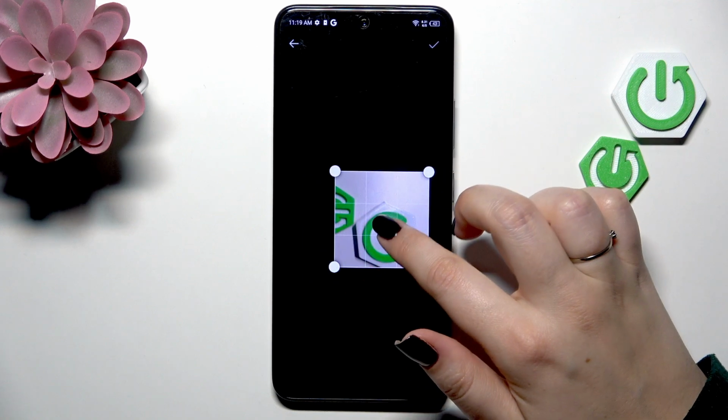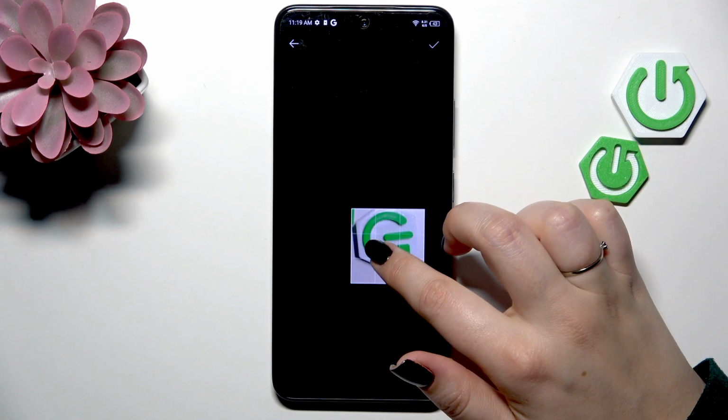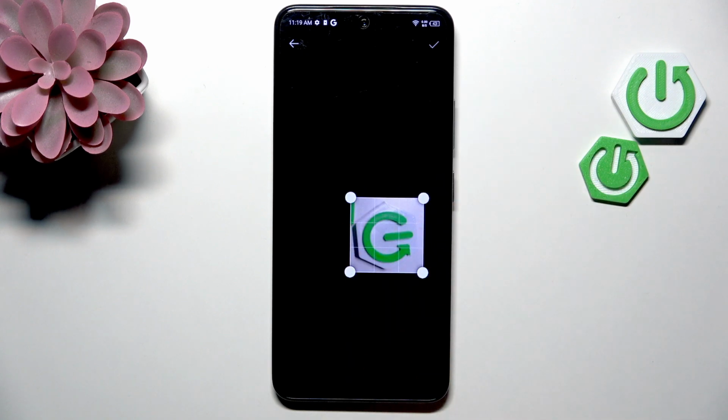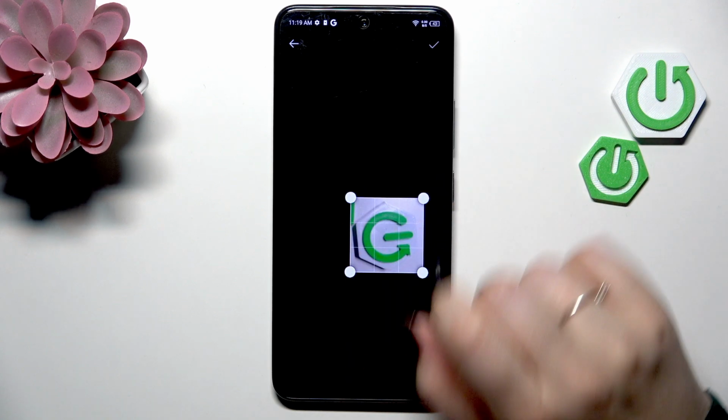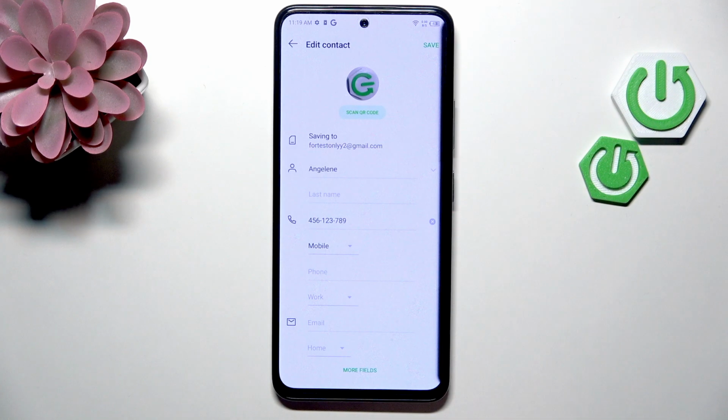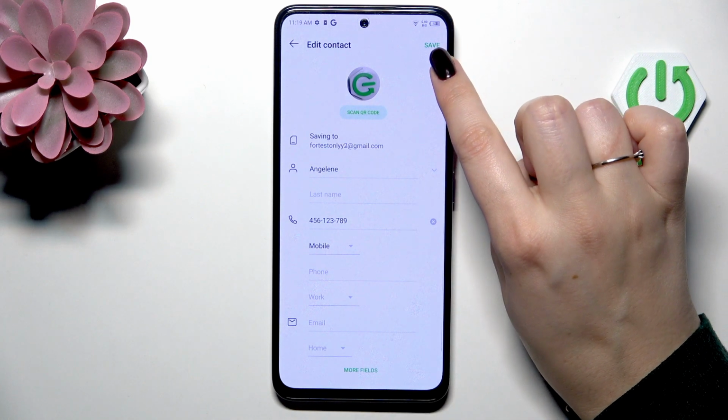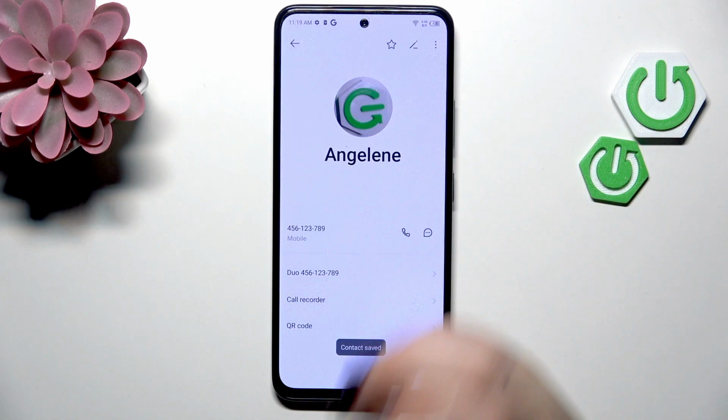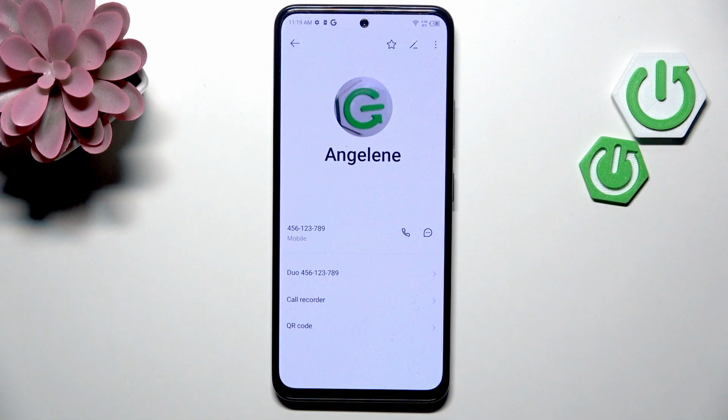And thanks to this we can decide what we will see after saving the whole contact, because this area is responsible for it. So position it just like you want to, and then tap on the tick icon in the right upper corner. Now tap on save in the right upper corner, and here we've got our contact with the updated